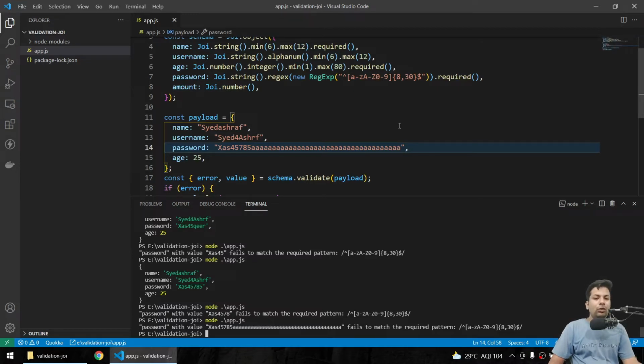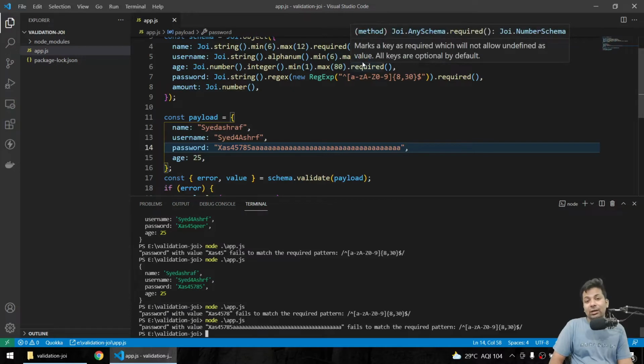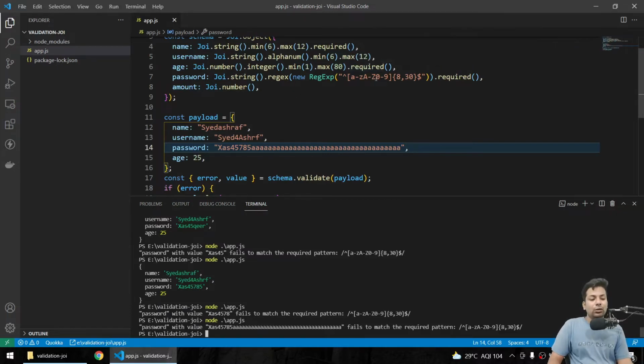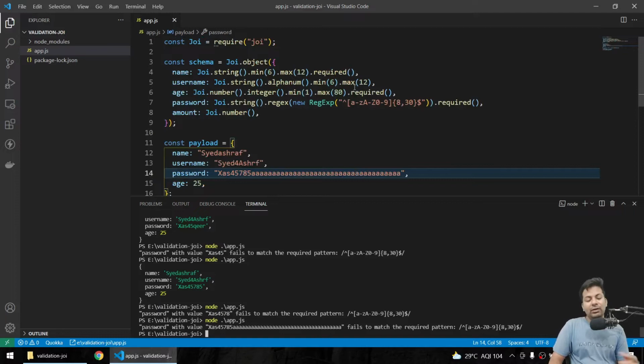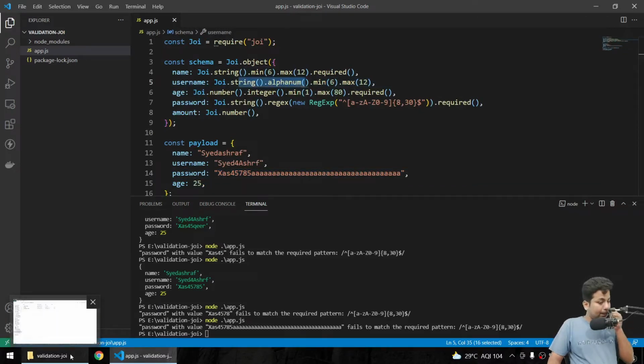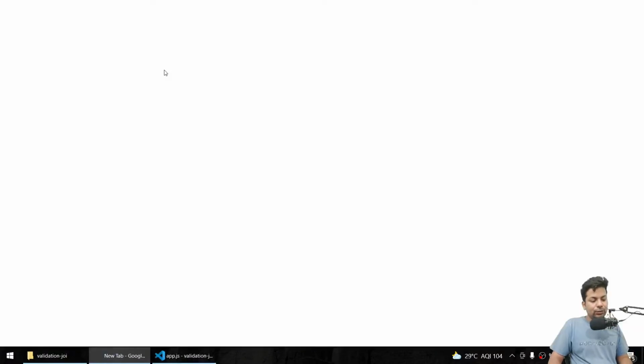But suppose you want your own password complexity, but you just don't want to write this regular expression, because every time you write a regular expression you have to go look at the documents, you have to check how it's being written, because you don't use regular expressions in your daily life. So every time you will go for the documentation. So for that also we have a Joi password validator, where you can just give direct values like here. So let me just go and show you.